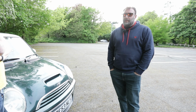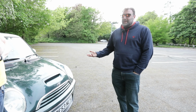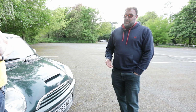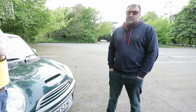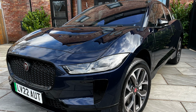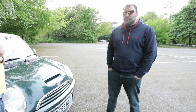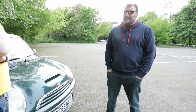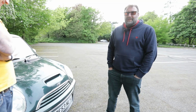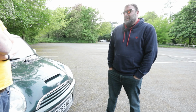And then the electric car revolution. So through my company, I was able to get a company car and benefit from the tax incentive. So I had a Jaguar I-Pace. Now that was a lovely, lovely car. When it worked. So I had that for about 18 months. But in that space of 18 months, it spent more time on the back of a diesel AA van. So the lease company ended up taking it back, and through the company car pool car list, I have got